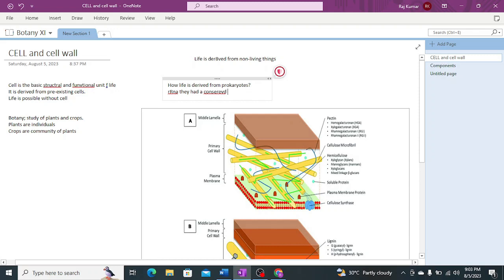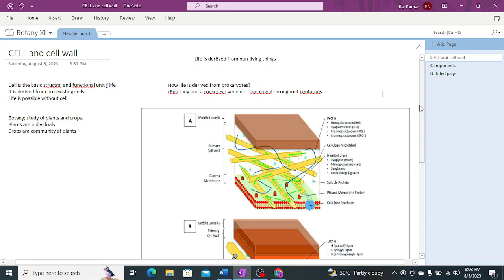They had a gene known as a conserved gene, and that conserved gene had no mutations, which means it was unable to evolve over thousands of centuries. If a conserved gene is present, it does not undergo mutation. It cannot be evolved throughout centuries, and that is why scientists today utilize that gene from prokaryotes of around 3.5 billion